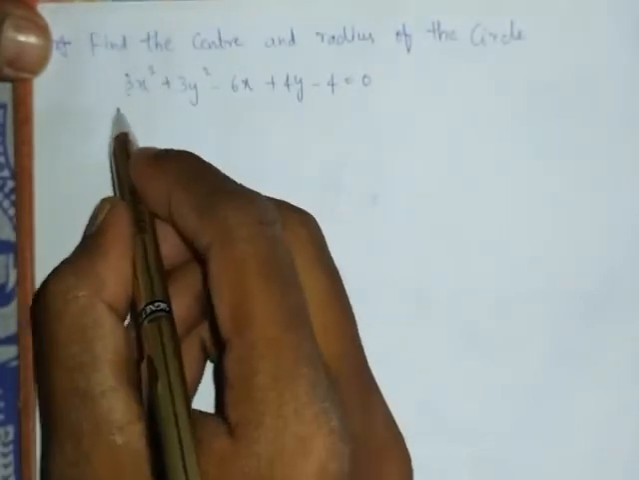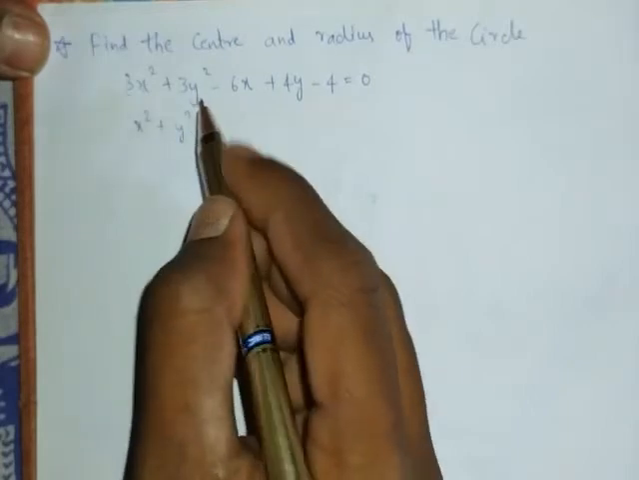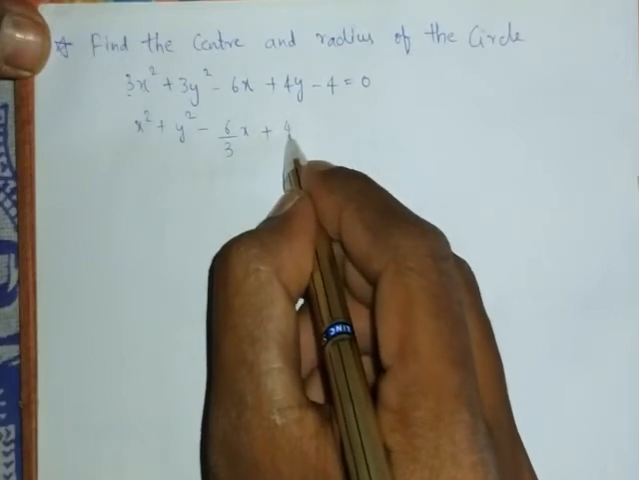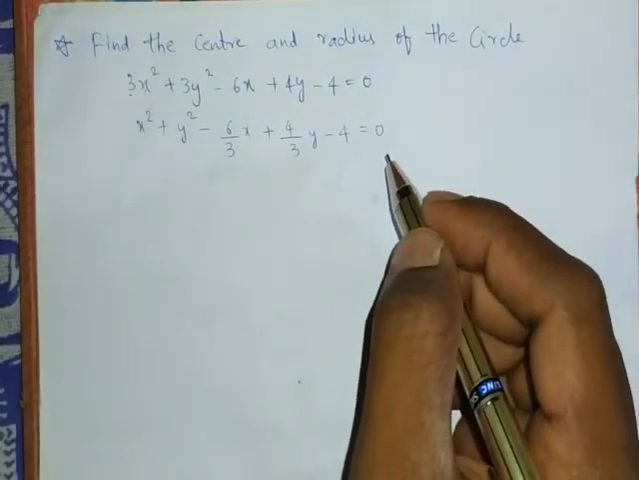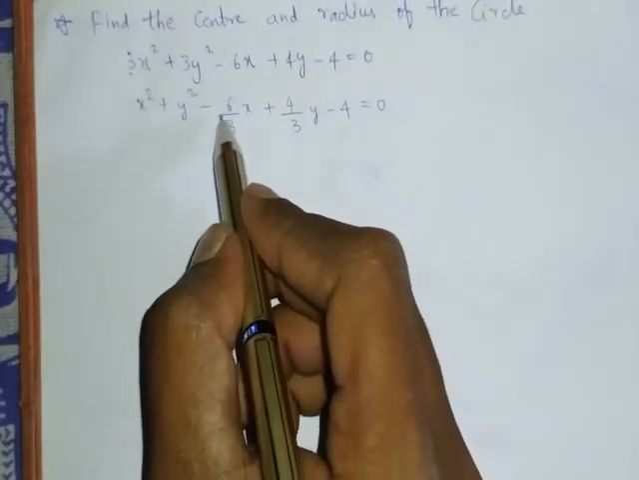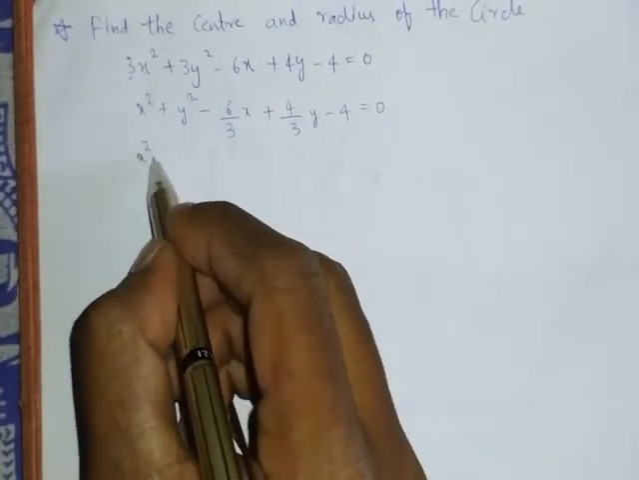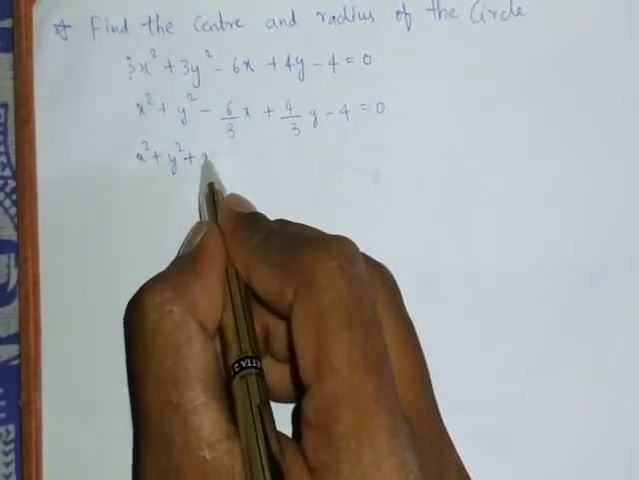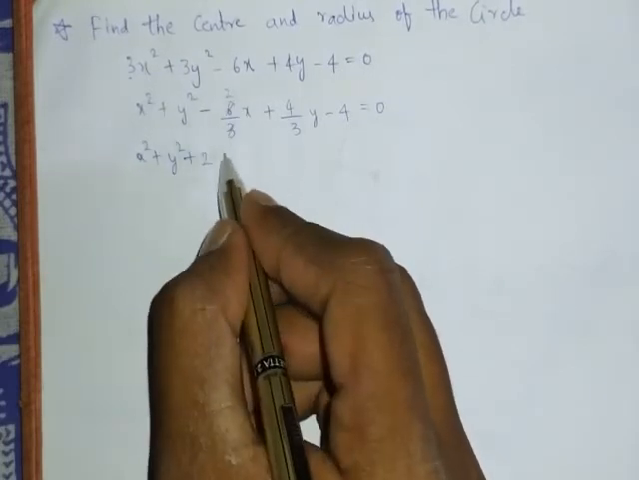Here a is nothing but 3. If we divide the total equation by 3, we will get x square plus y square minus 6 by 3 x plus 4 by 3 y minus 4, which is equal to 0. So here, the equation in the form x square plus y square plus 2gx, we need to make this as 2gx. Here we can write this as x square plus y square plus 2, minus 1,